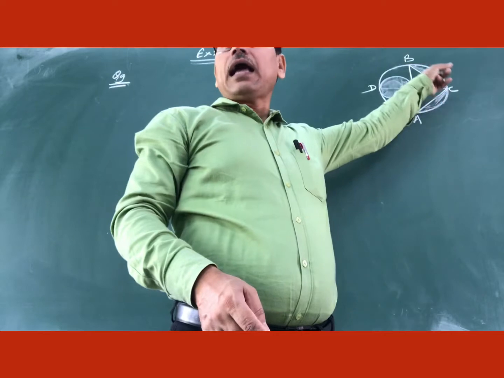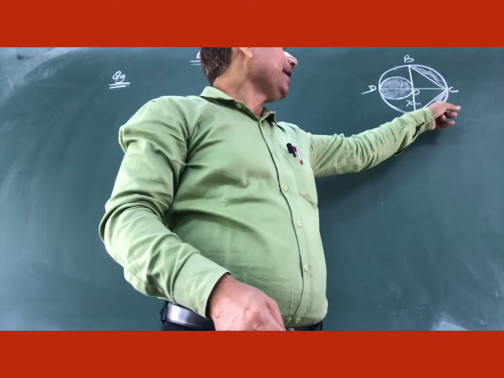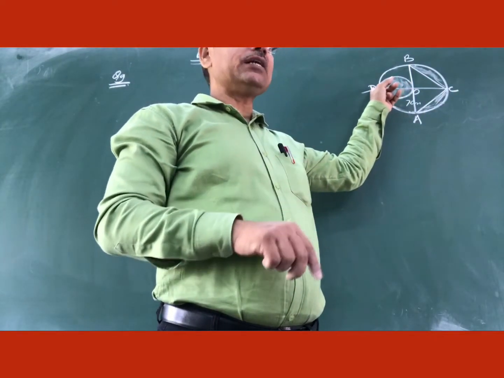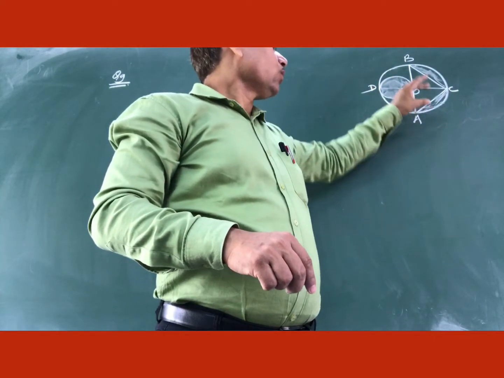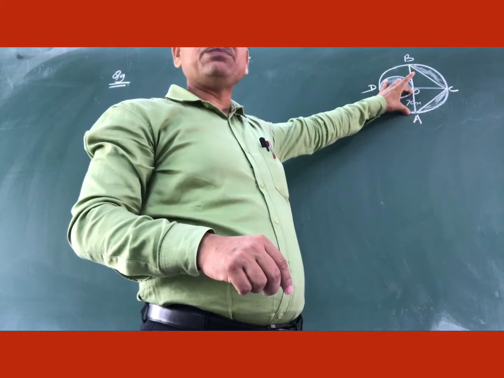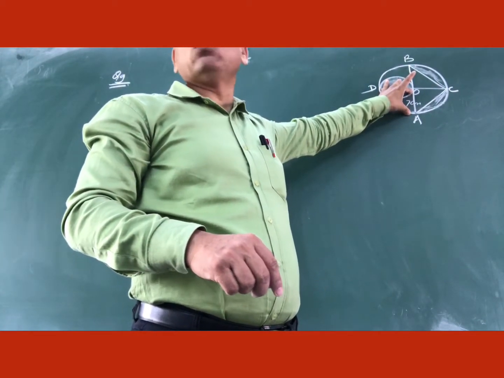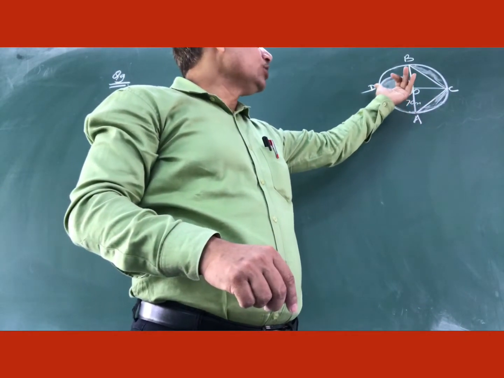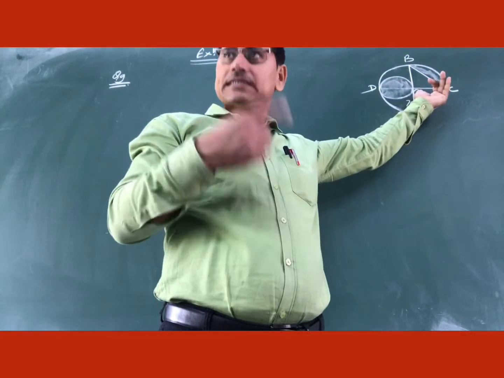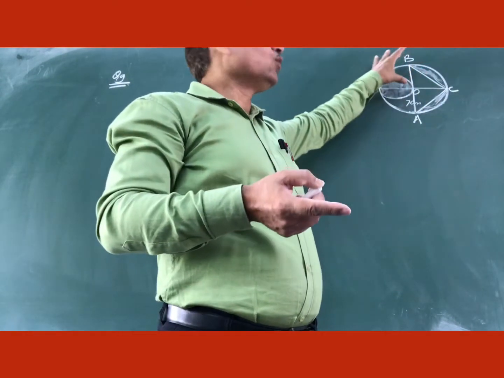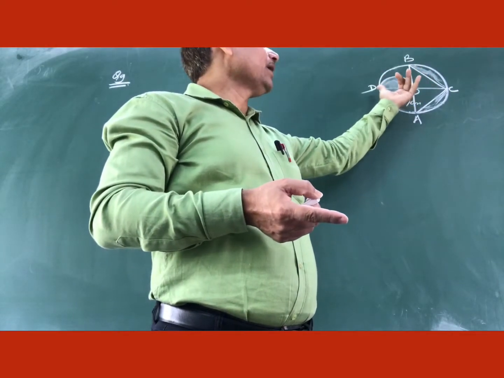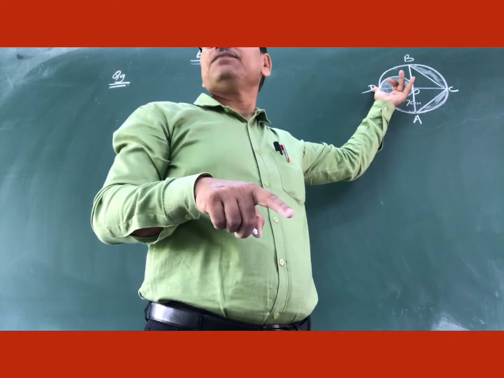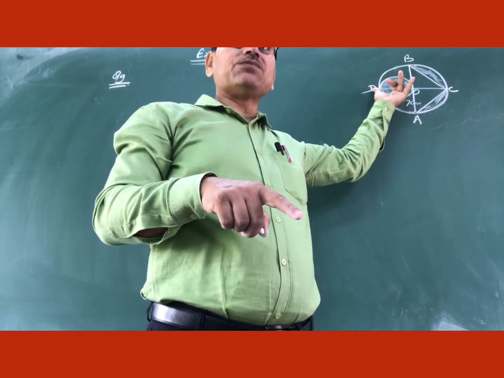A circle having center O, and AB and CD are two diagonals. OA is given as 7 centimeter. So you can observe that OA is known as the radius of the circle, and OC is also 7 centimeter, OB is also 7 centimeter, and now OD is also 7 centimeter, because all radii are equal in the same circle.